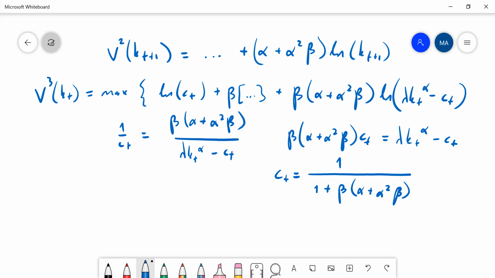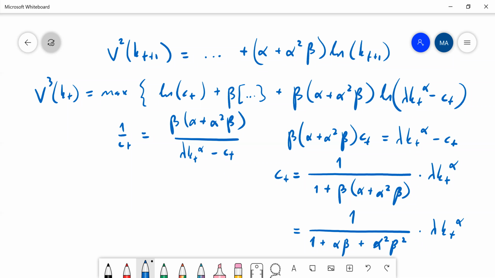Okay, and obviously it is also different, right? So it's now changing. So if you write this explicitly, you will have 1 plus alpha beta plus alpha square beta square. Okay, now you must be seeing the pattern, right? Now there is a pattern. Do you see it? The pattern is